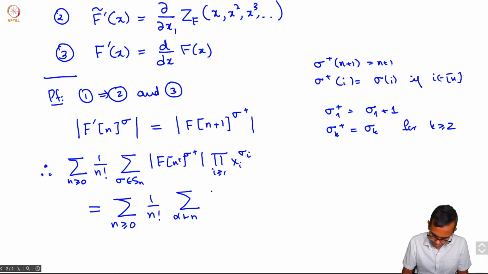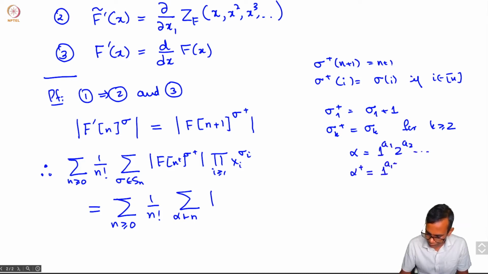And what we have is f. So let's say alpha is a partition 1 raised to a1, 2 raised to a2, and so on. We'll write alpha plus for the partition 1 raised to a1 plus 1, 2 raised to a2, and so on. But anyway, a priori this is f of n, f prime of n, and then the number of invariants, or maybe we can just write it as f of n plus